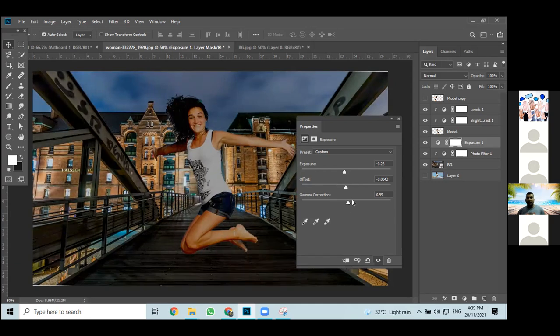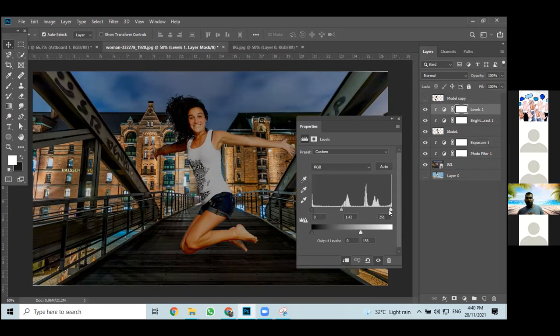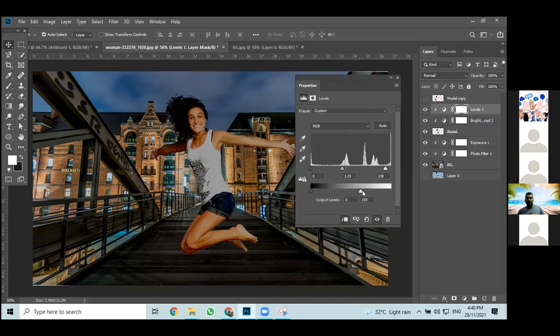Once I'm done with the exposure, I check the background and close it. Currently, for this BG, I have two filters. Now let's say I want to adjust something on the model, so I go to the model. Assume I'm going to adjust the levels and just make it darker. Once I've done the changes,